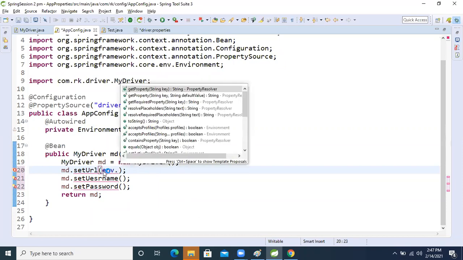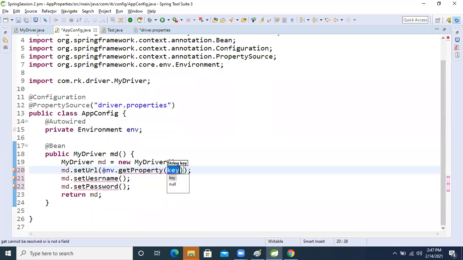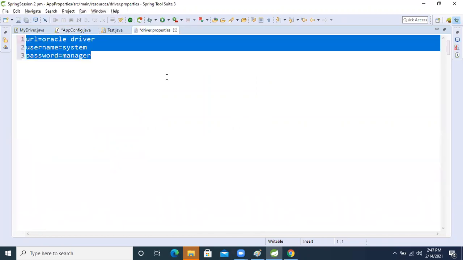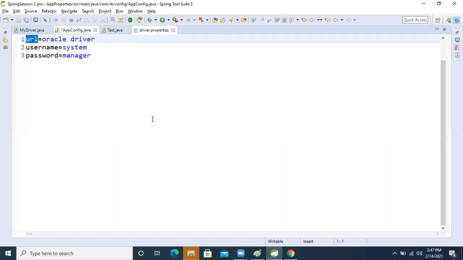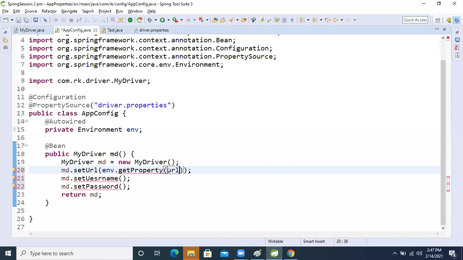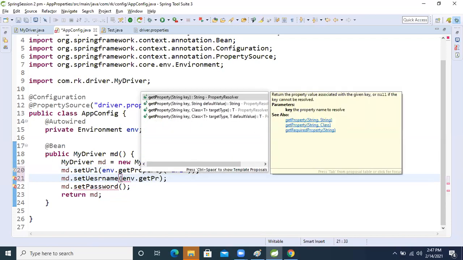Dot getProperty method is there, right? Inside the getProperty method, in the property file, I said that, right, the key. We will take this key only and pass it as the property argument. Again, two more properties are there. So again env.getProperty.